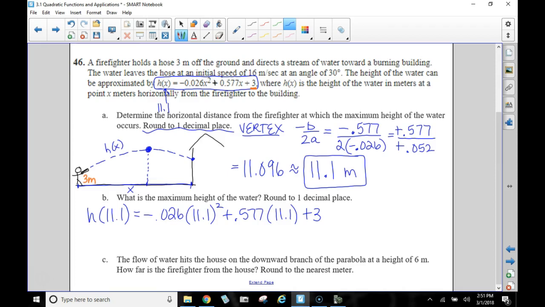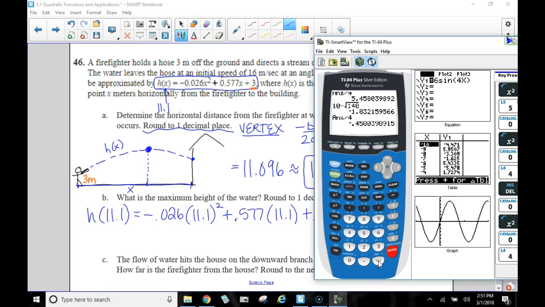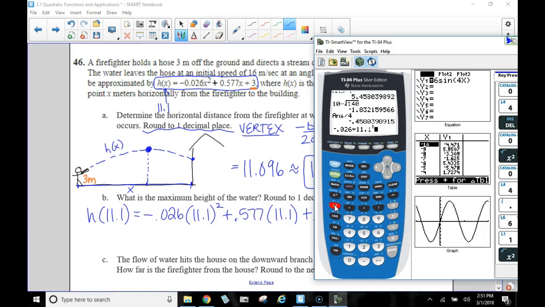When we crunch all of that, let me go to my calculator and take negative 0.026 times 11.1 squared. This calculator knows to do exponents before you multiply. So for the first term there, we're going to get negative 3.20346. We are then going to add that to the 0.577